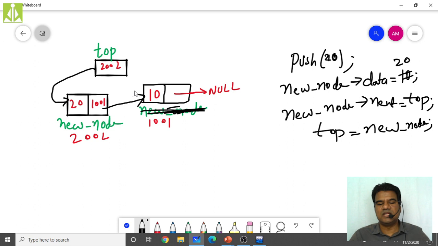So far we have seen two node insertions. If you insert more nodes, similar actions will be performed. And deletion is the same thing. From where are we going to delete the elements? From the top of the stack only. Wherever top is pointing, that node will be removed. Before removing, you have to say temporary equals top. You have to take the temporary pointer to this location, and top equals temporary node of next. So that top will go over here, then delete the temporary pointer. Like that, we pop all the elements from your stack.